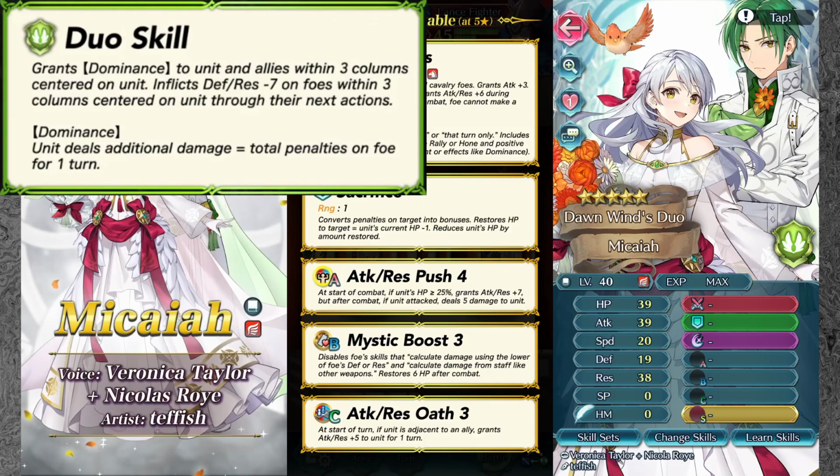It's really, really ridiculous. This skill is setting a precedent I'm not really comfortable with, personally. And I will just say this. Right now, it's fine. Okay? It's a fine skill because it's on a duo character. If this skill should ever